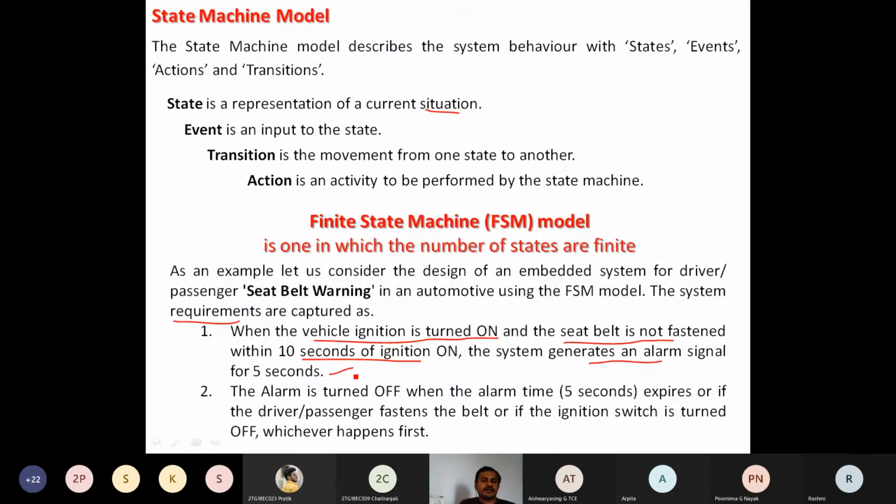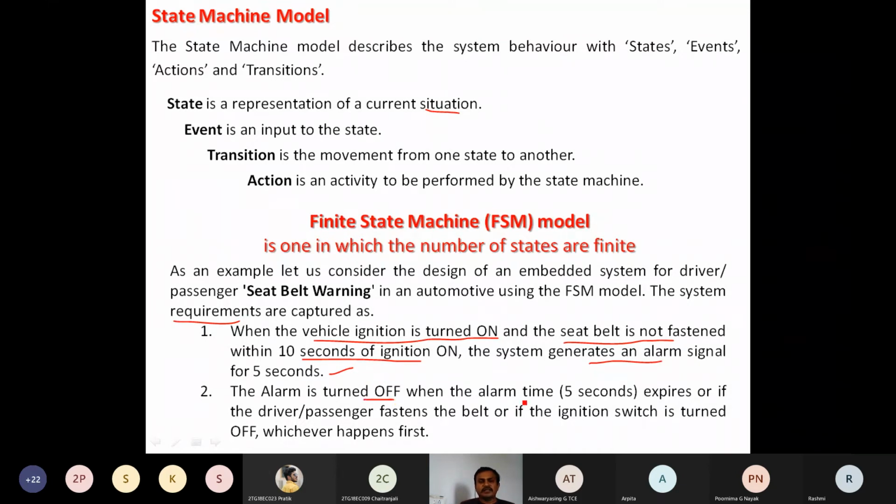ಅಲಾರಾಮ್ ಕೇಳಿದ ತಕ್ಷಣ ನಾ ಏನ್ ಮಾಡ್ತೇನೆ, ಕಾರ್ ಆಫ್ ಮಾಡ್ಬಿಡ್ತೀನಿ. ಕಾರ್ ಆಫ್ ಮಾಡಿದ್ರೆ ಏನಾಗಬೇಕು, ಆಬ್ವಿಯಸ್ಲಿ ಅಲಾರಾಮ್ ಶುಡ್ ಬಿ ಆಫ್ ಬಿಕಾಸ್ ಕಂಪ್ಲೀಟ್ ಸಿಸ್ಟಮ್ ಇಸ್ ಆಫ್. ಸೊ ಅಲಾರಾಮ್ ಮಸ್ಟ್ ಬಿ ಆಫ್. ಅದರ್ವೈಸ್ ನಾ ಸೀಟ್ ಬೆಲ್ಟ್ ಹಾಕೊಂಡೆ, 5 ಸೆಕೆಂಡ್ ಒಳಗಡೆನೆ ಒಂದೇ ಅಲಾರಾಮ್ ಕೇಳಿದ ತಕ್ಷಣ ನಾನು ಸೀಟ್ ಬೆಲ್ಟ್ ಹಾಕೊಂಡ್ಬಿಟ್ಟೆ. ಸೊ ಆ ಟೈಮಲ್ಲಿ ಏನಾಗಬೇಕು, ಅಲಾರಾಮ್ ಆಫ್ ಆಗಬೇಕು. ಸೊ ದಟ್ ಈಸ್ ದ ಸೆಕೆಂಡ್ ರಿಕ್ವೈರ್ಮೆಂಟ್. ಸೊ ಅಲಾರಾಮ್ ಈಸ್ ಟರ್ನ್ಡ್ ಆಫ್.